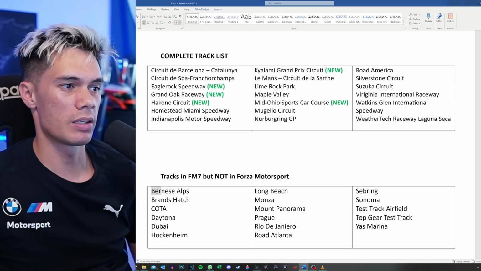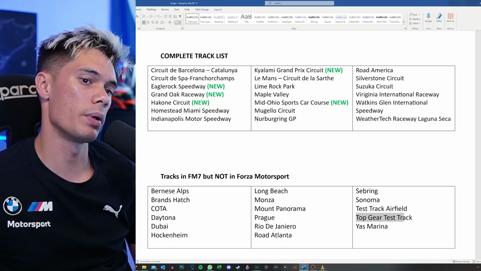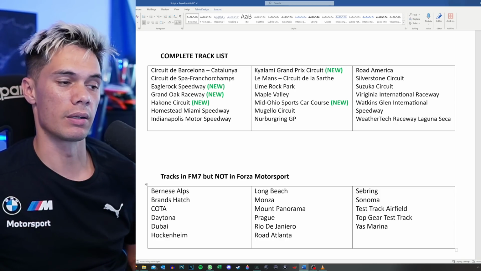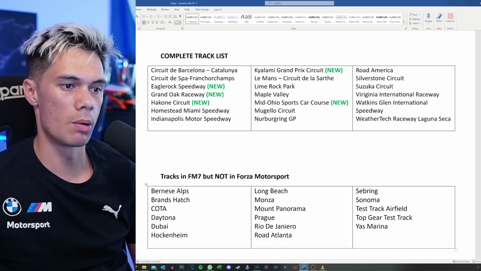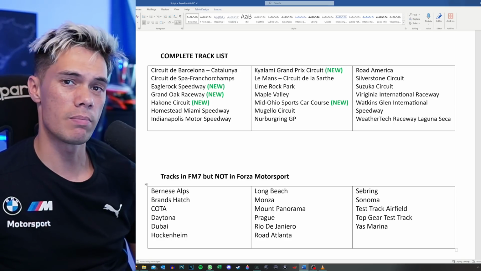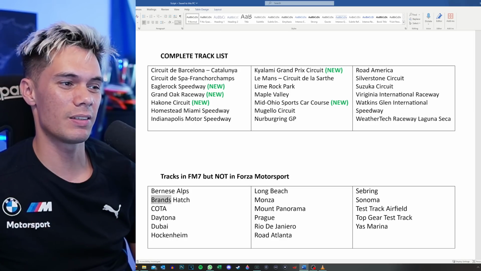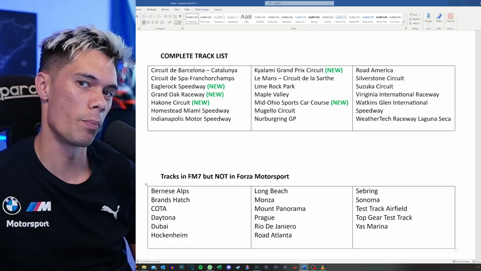So, I mean, as I said, Bernese Alps, Prague, Rio, they don't make it into this game. Nor does Top Gear Test Track, sadly. But the ones I'm really missing for me are going to be Hockenheim, Monza, Mount Panorama, Road Atlanta and Sebring. Like, those 5, it's kind of a shame that they're not there. And Nordschleife as well, of course. Brands Hatch, I mean, there's quite a lot of tracks here which I'm kind of sorry to not be seeing